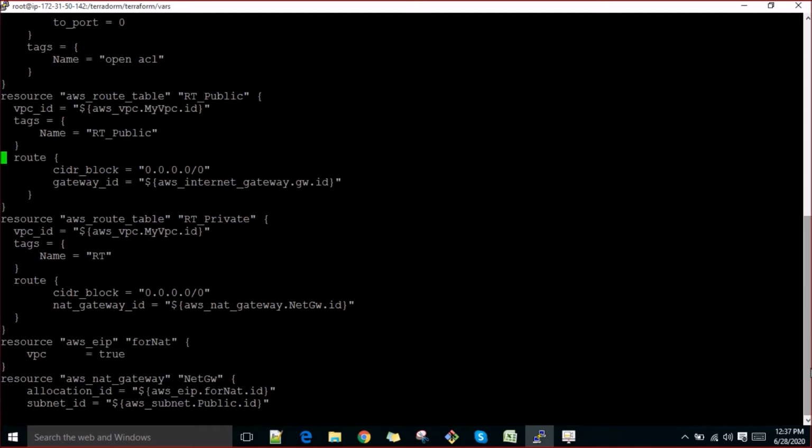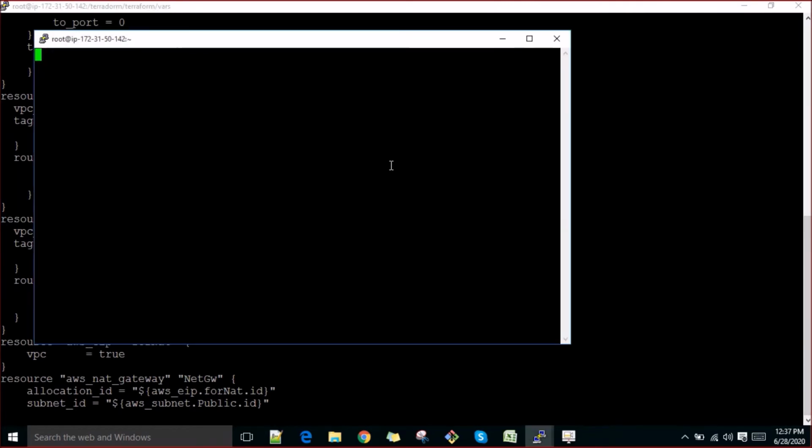right? If you come down now, you see the resources route table. So if you see there, right, in the network section, let me take another console also.